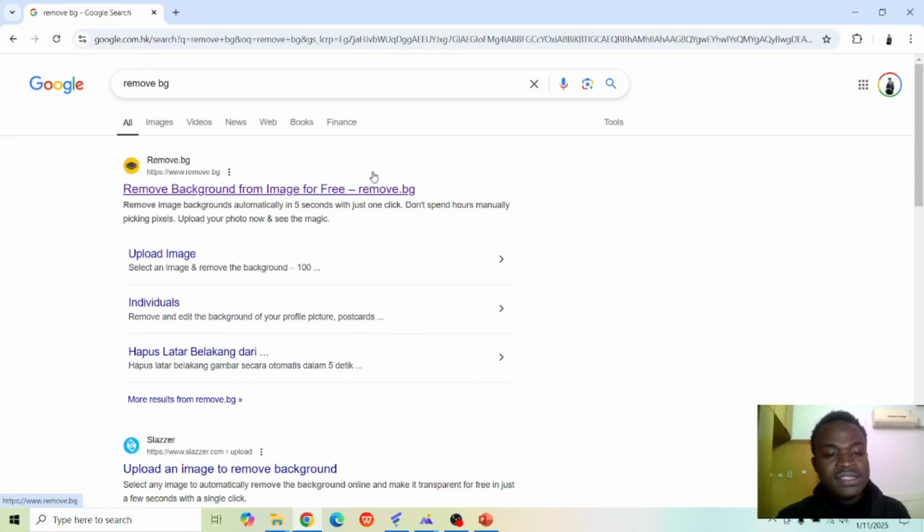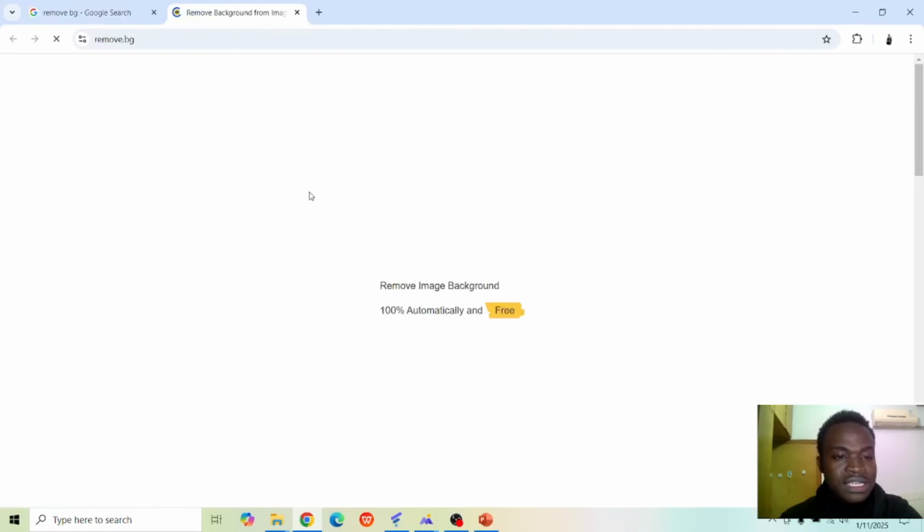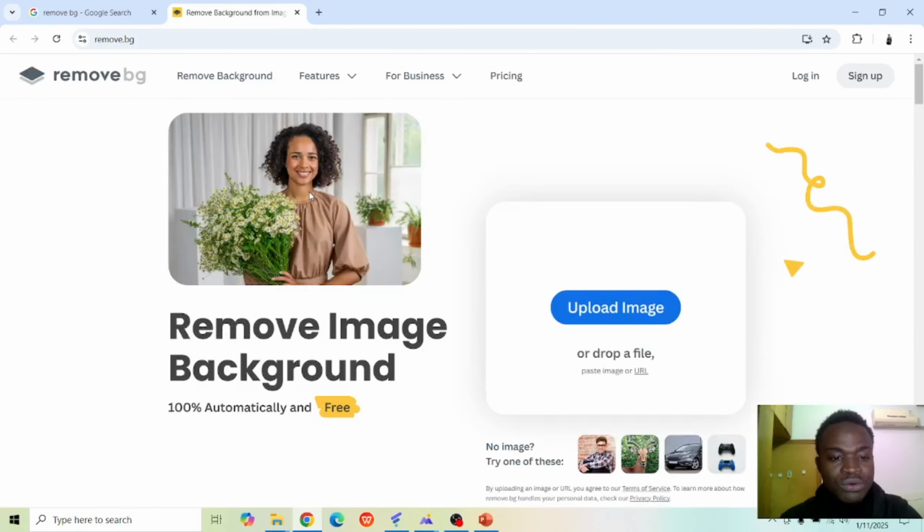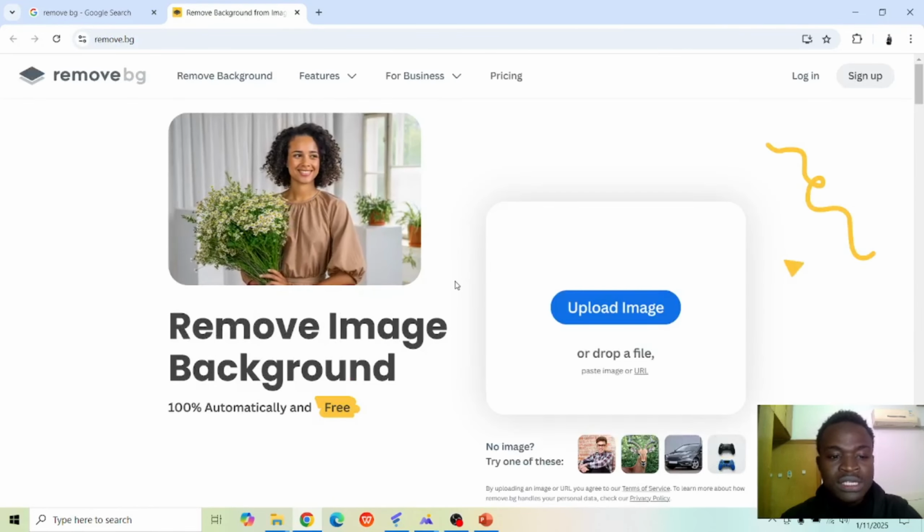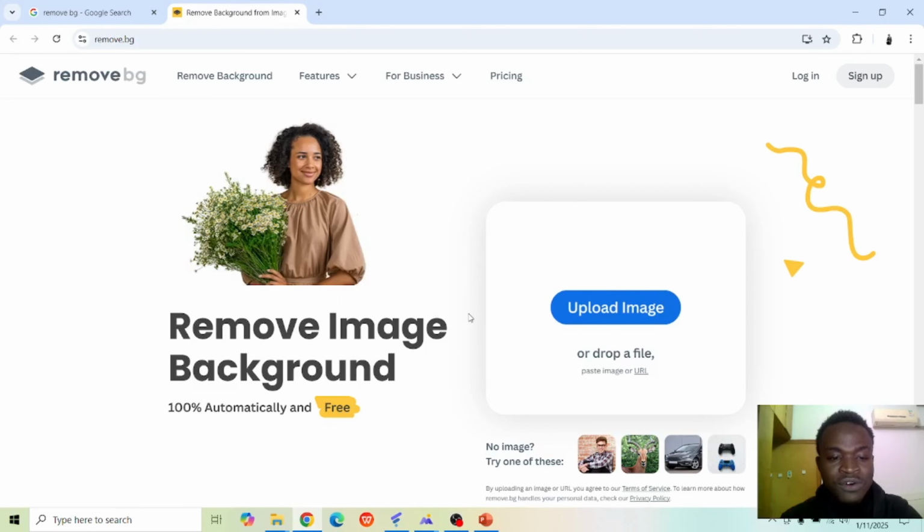And the good thing is this particular platform, it can work in your mobile phone and also in your computer. So it's easy and simple to use. So now let's go and click on this link. So I click on this link and boom, it automatically takes me to the platform. So on this platform, you can see that